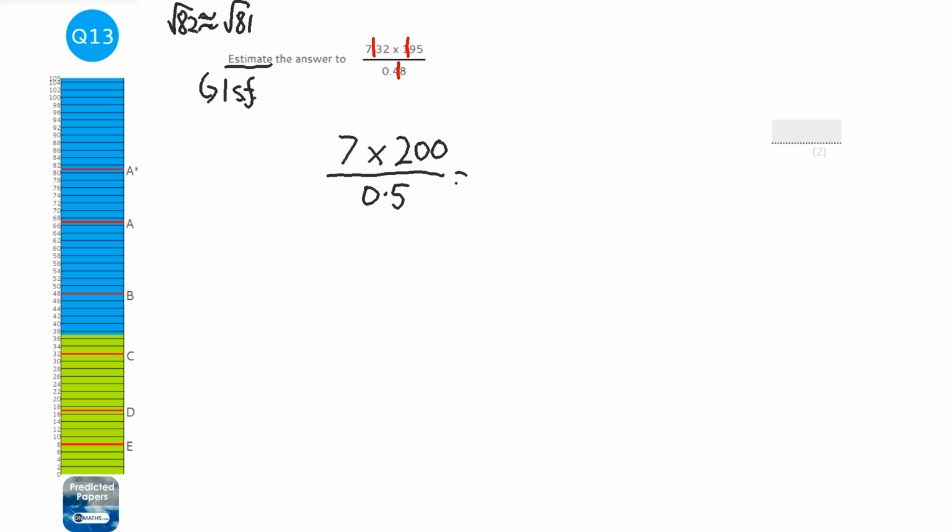Okay, now we can times the tops together, or times the two numbers at the top together. So 7 times 2 is 14, with 2 zeros, over a half. And all we can do here is just times the top and bottom by 2. So I can times 1400 by 2 to get 2800. And the bottom times 2, well, that's just 1. So the answer is just going to be